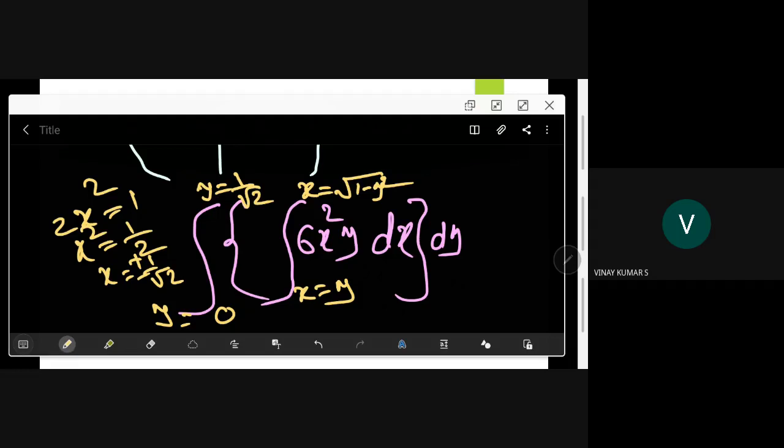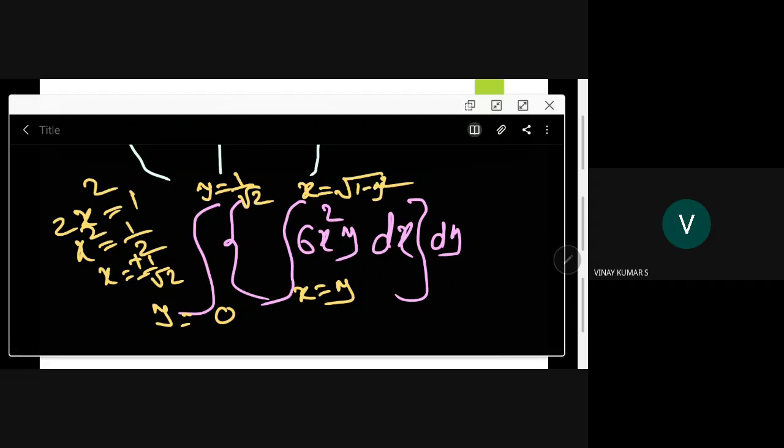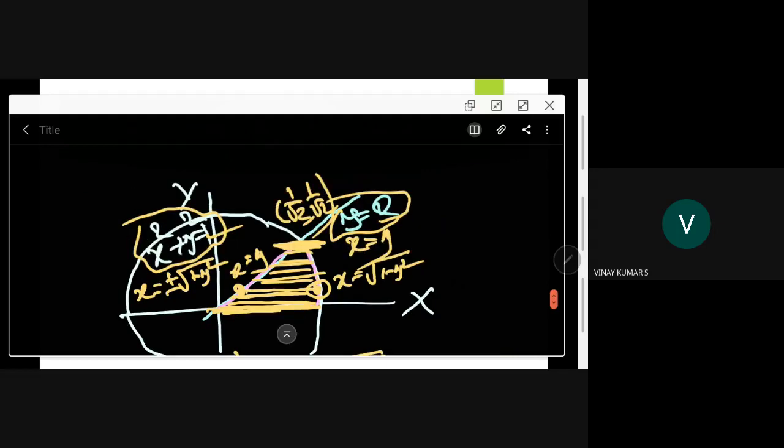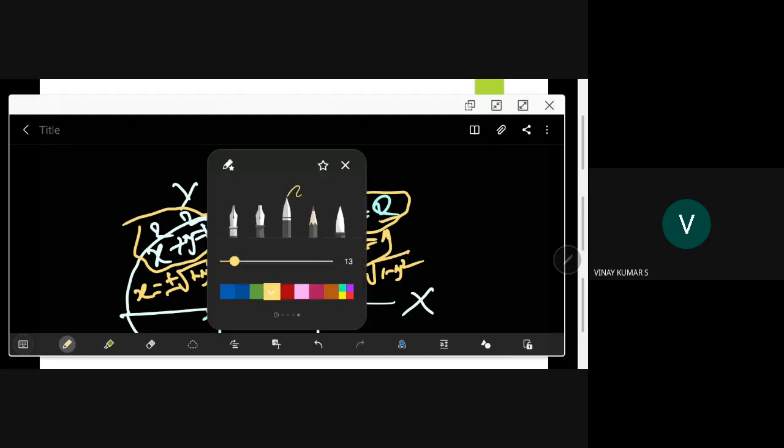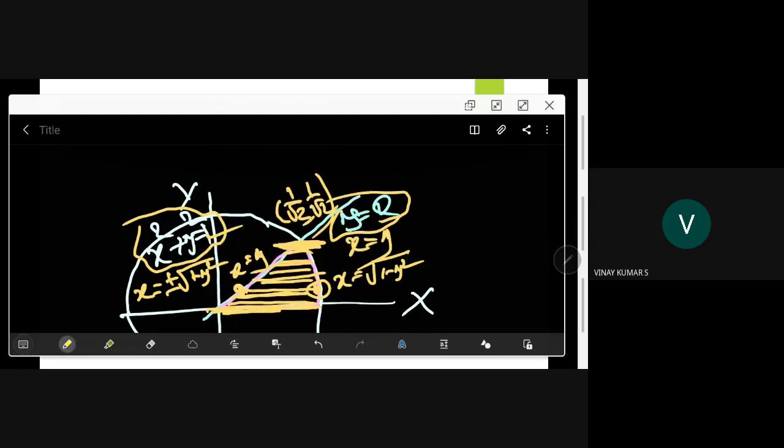Right. But now see, if you want to do with respect to y followed by x, there will be some problem here in this region. First with respect to y, then followed by x. See here. So first with respect to y, I have to choose a color now, then only you can see the difference. So first with respect to y now, draw a strip parallel to the y-axis.